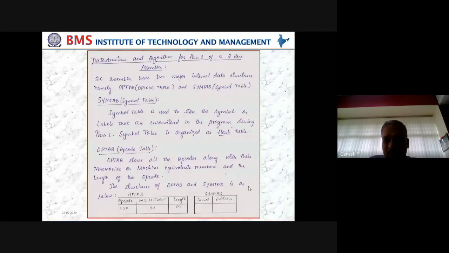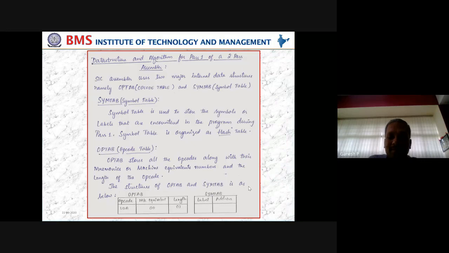We need to store them, because it's not only storage. Tomorrow when you go to the assembly in pass 2, I need to access them. Suddenly I say go to loop, or go to loop 1, go to add. These are the labels which I have used, and I need to search for them. So searching becomes a very challenging task in any system. Similarly, even in an assembler, can we search efficiently?